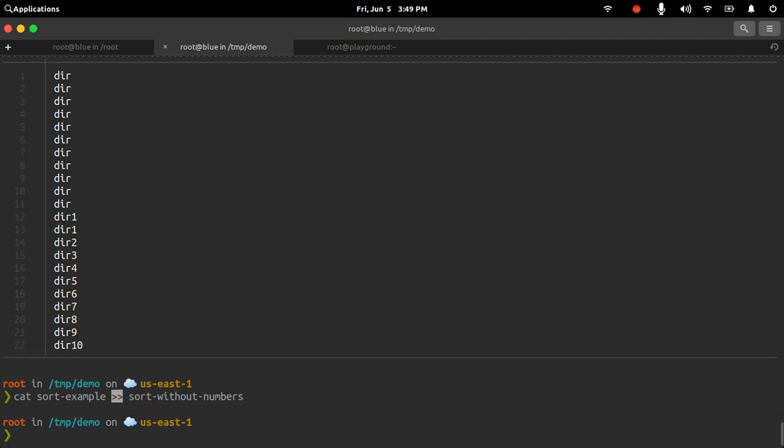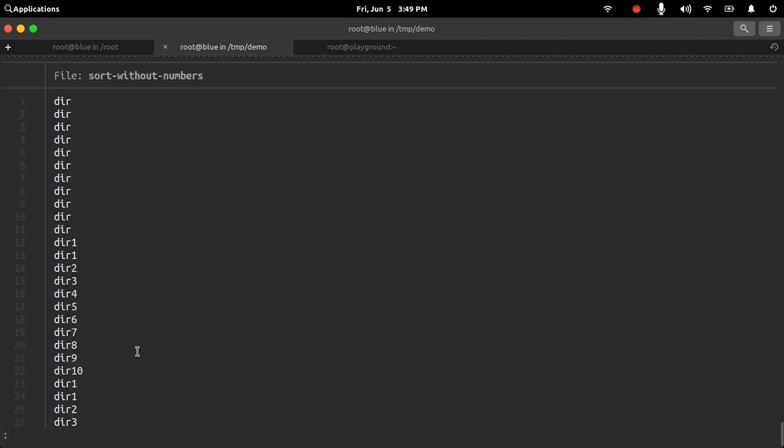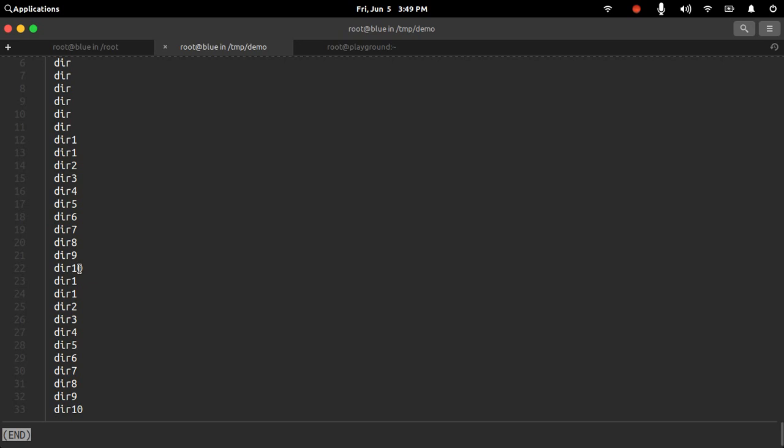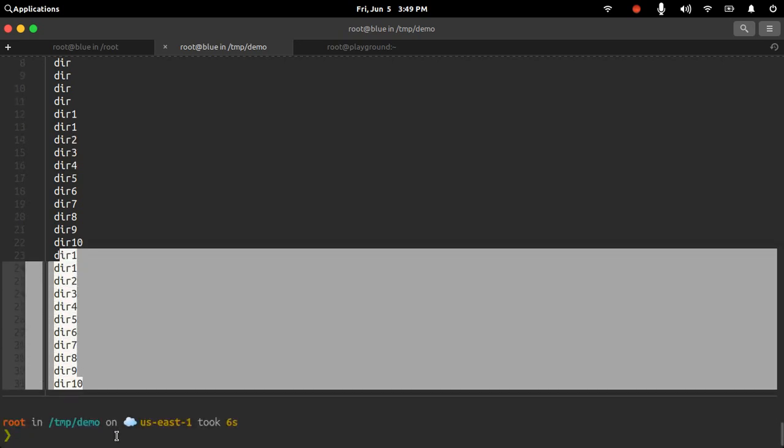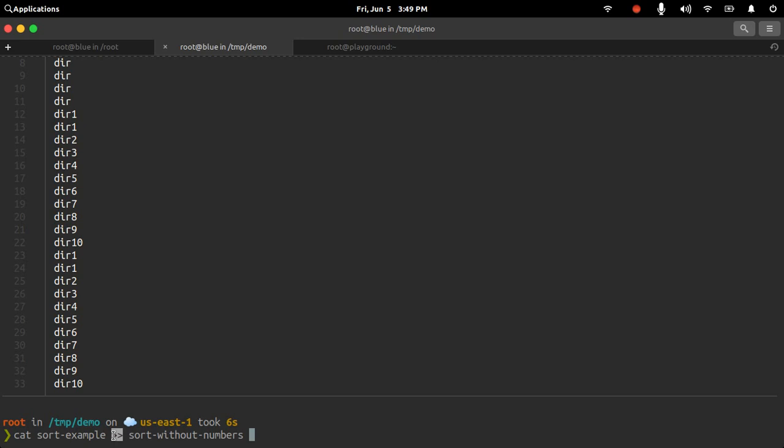So if I do this, it will append the content again. Here you see, this is the appended portion that got appended again with double arrow redirection. So it is also one way of appending to a file. Arrow redirection is a way, and the tee command is also another way of writing content to a file. So these two ways can be used, either this way or this way.